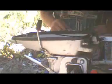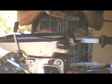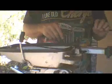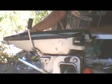And what you want to do when you get your piston out is put new rings on it. It's real easy. I just use my fingers. You just take them off and put the new ones on, and there's going to be a little bump on each piston land that keeps where you've got to position your piston rings so they don't slide around the piston. And so I put new piston rings in it, and I also